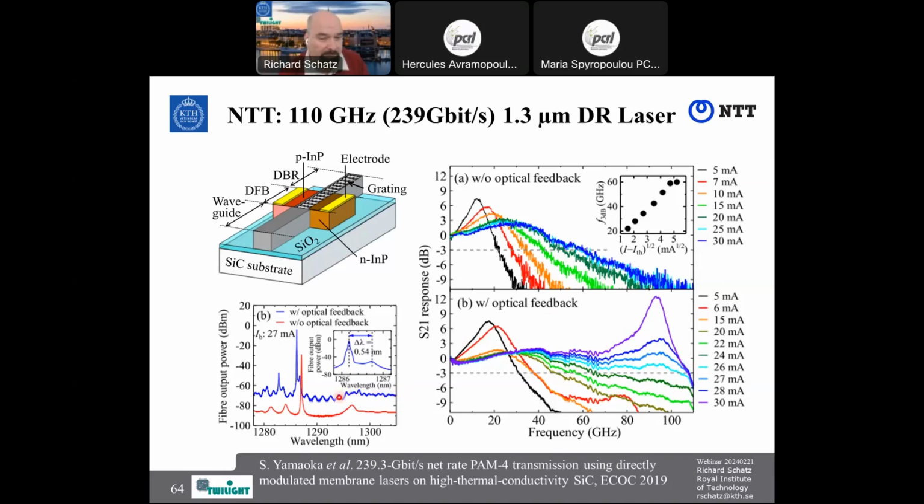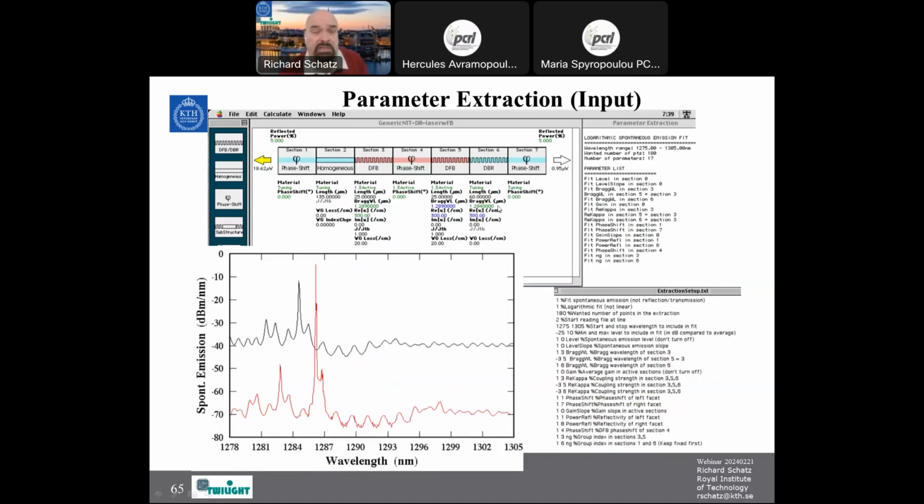I took the spectrum here. You see they have plotted the spectrum with feedback here in their paper. And then I digitized this spectrum. And then I made a structure similar to what they have written in the paper. And then I tried to extract the parameters of that structure. So when I put it in, in the beginning, of course, I don't get the same spectrum, but I get approximately the same features here. And then I let the program iterate to try to match all the mirror reflectivities, the coupling coefficient, the difference in Bragg frequency between